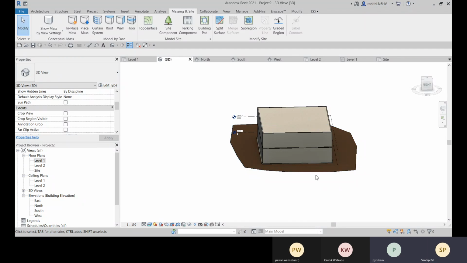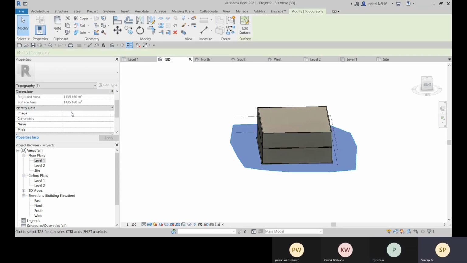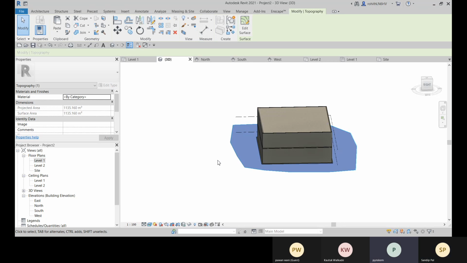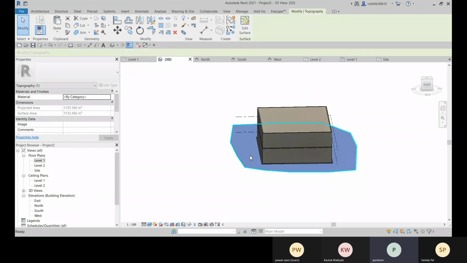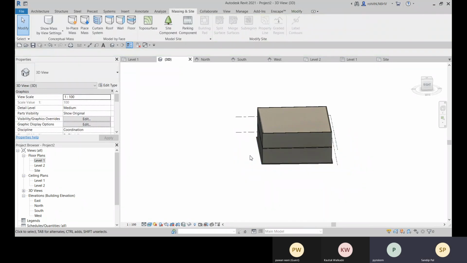Sir, suppose we change the height of the topo surface. Now you have placed it all at zero, right? So in case you place it at, say, minus 1000 or something, will it still be visible in that level 1? Some points you have placed at zero, and some points you place at minus 1000. Will even those points be visible? Yes, definitely. Let me show you that also.